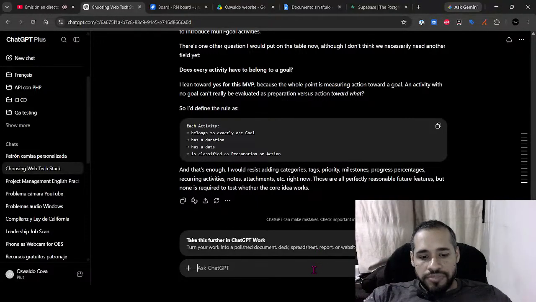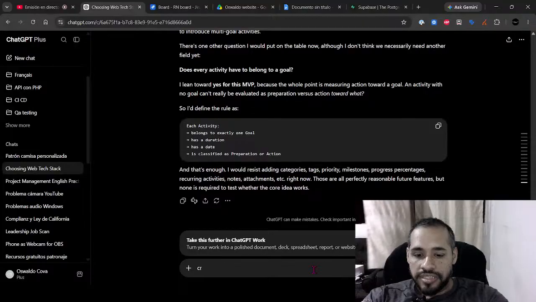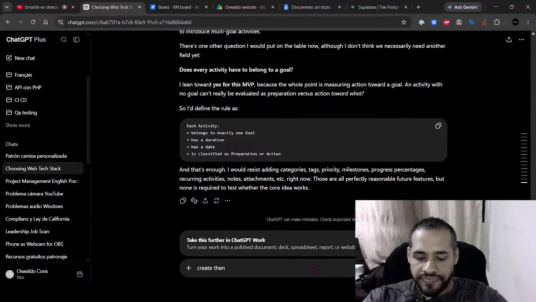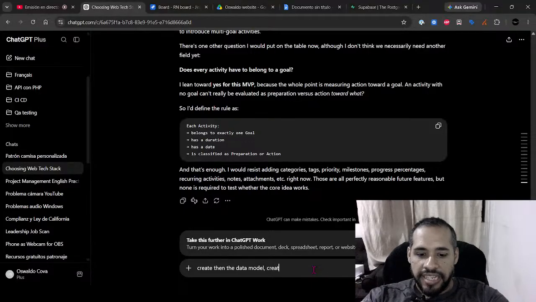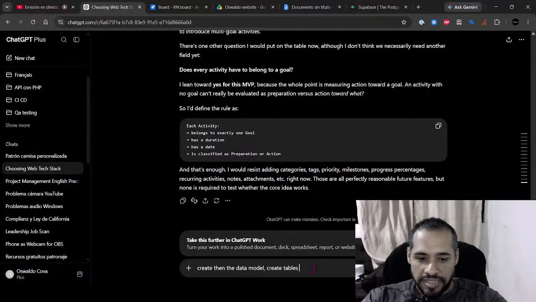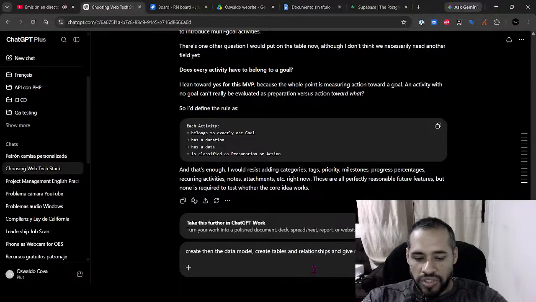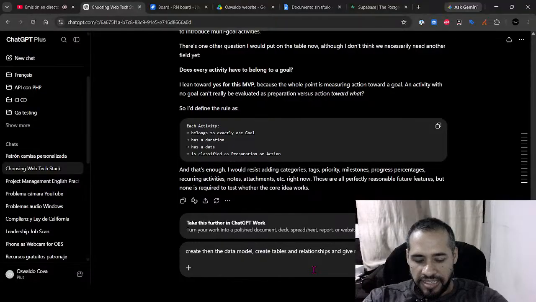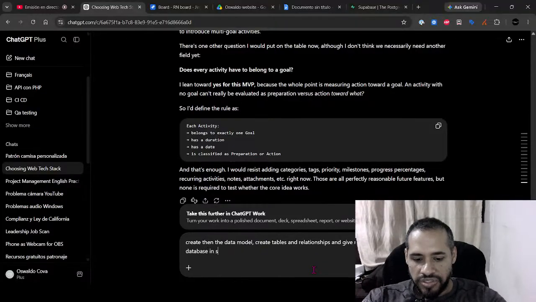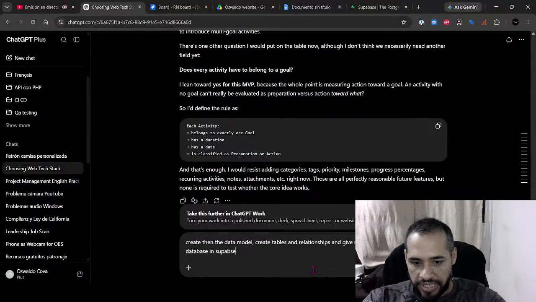I'm gonna ask ChatGPT to create then the data model, create tables and relationships, and give me the code so I can create the database in Supabase.